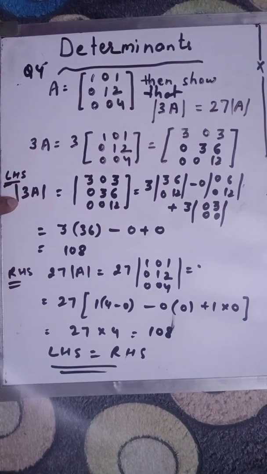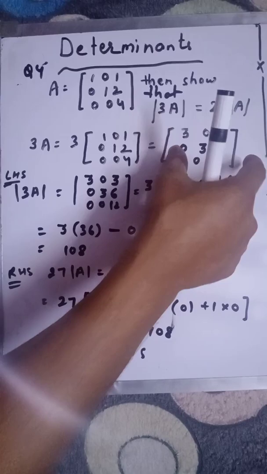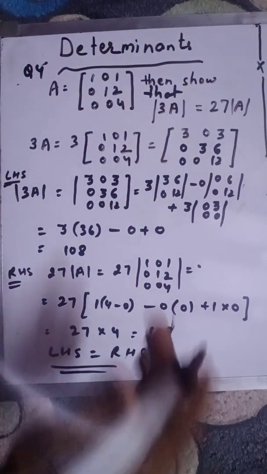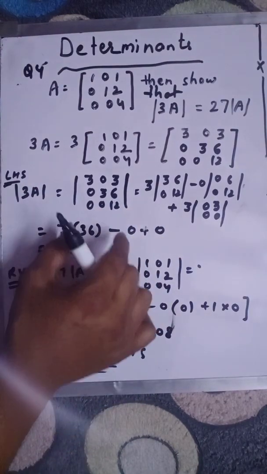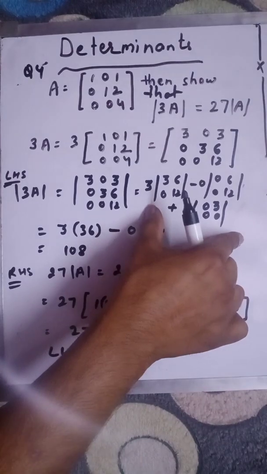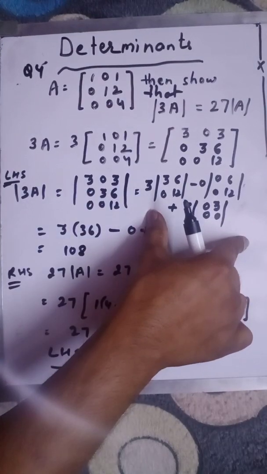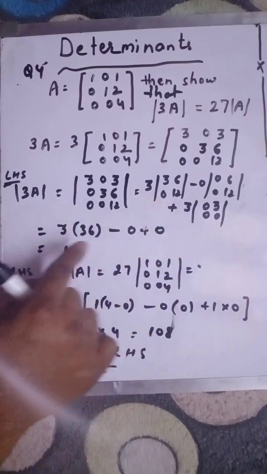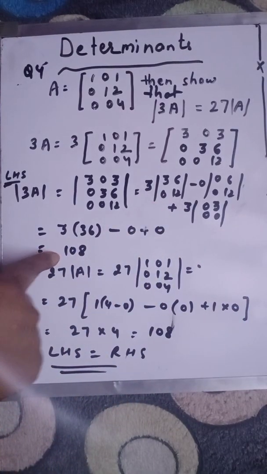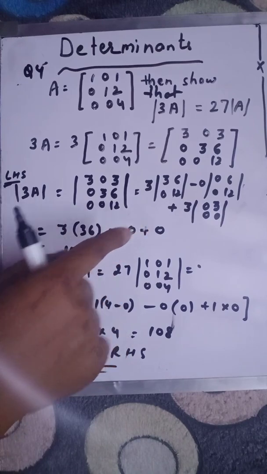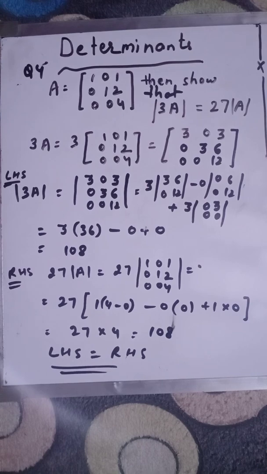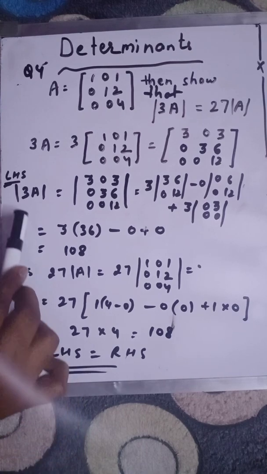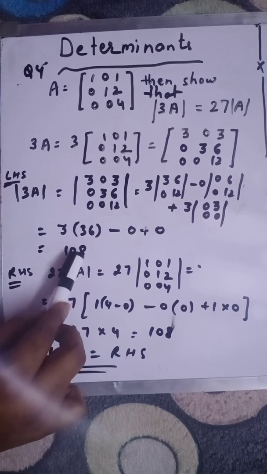Now we are converting this 3A matrix into a determinant. So 3A within these parallel bars, which indicate the determinant sign, is equal to this matrix within these straight bars, like this. Fine. Now you can expand. This is the expansion of this matrix. After solving this, you will get 108. I know you can solve these steps because we had discussed in the previous video how we can expand determinants of order 3 by 3. So our determinant of 3A is equal to 108.